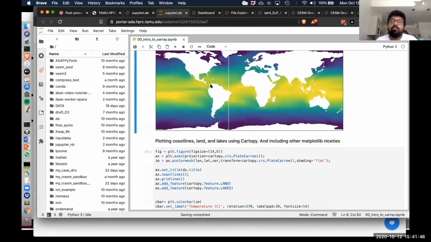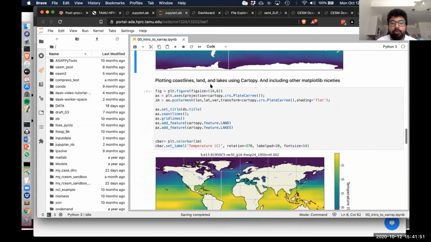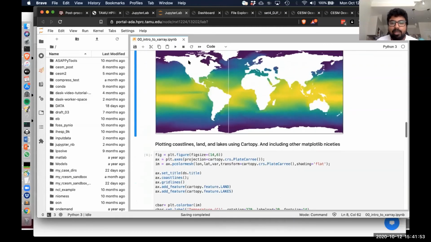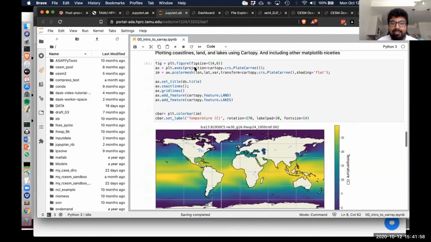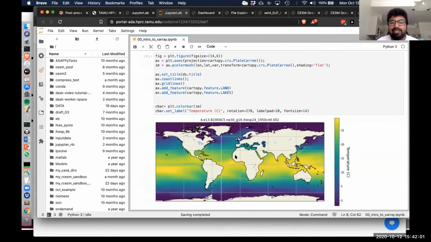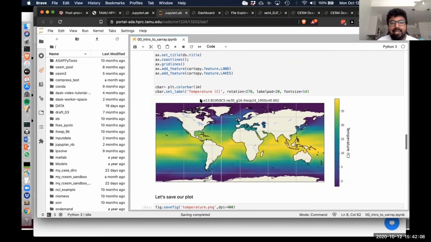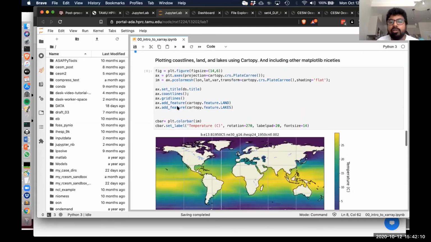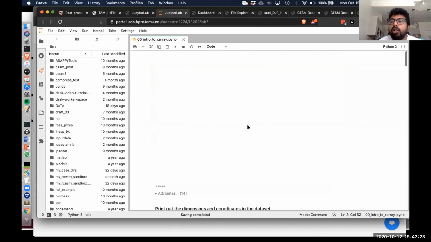And now we're going to see more features of CartoPy. So in this example, we have all the land in white. Over here, it's the same plot. I've just turned on grid lines, and I'm plotting the coastlines. All of this data CartoPy downloads from the internet. And because we're running these on Ada compute nodes, which don't have access to the internet, if you look all the way on top,